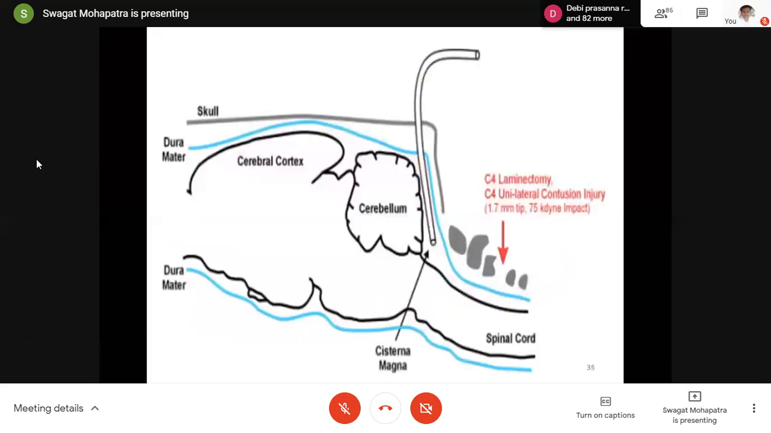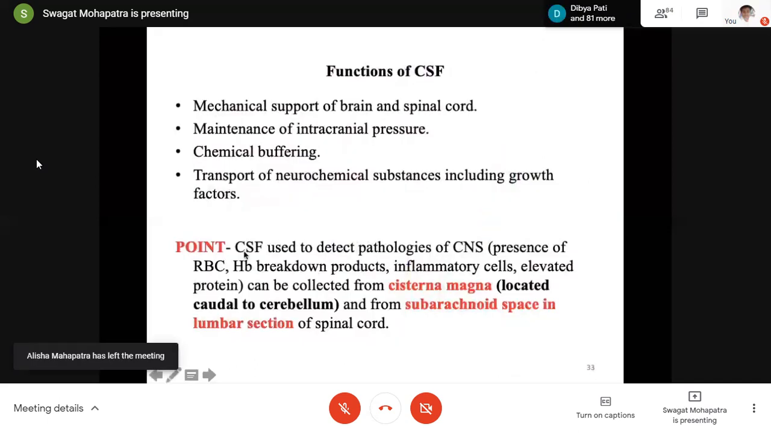Then coming to the site of collection, sometimes CSF is collected to detect pathology of the CNS. For example, presence of RBC, hemoglobin breakdown products, inflammatory cells, elevated proteins. They can be collected from the cisterna magna, that is a point which is located caudal to the cerebellum, and from the subarachnoid space in the lumbar section of the spinal cord. So these are the two sites from where CSF can be collected,